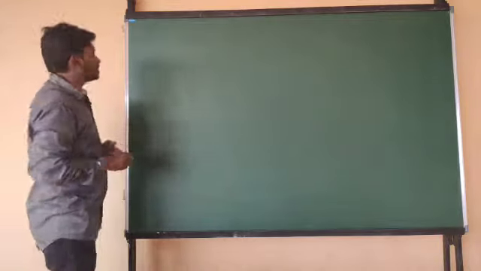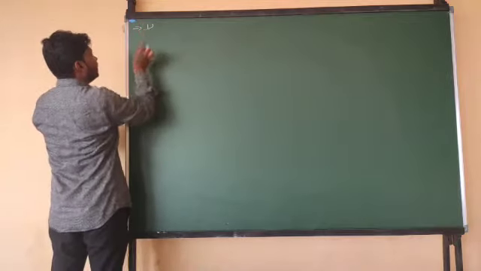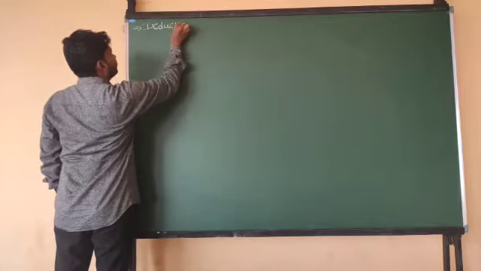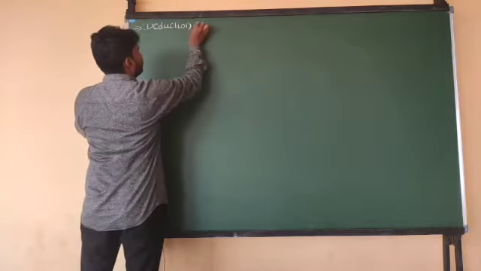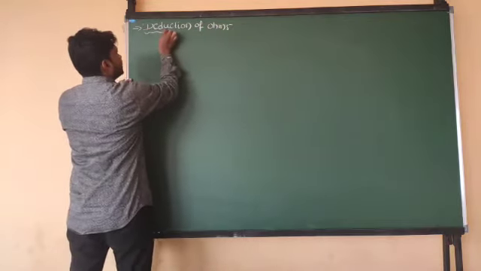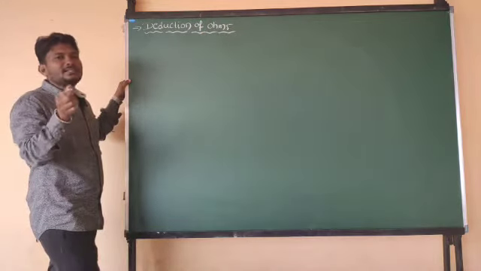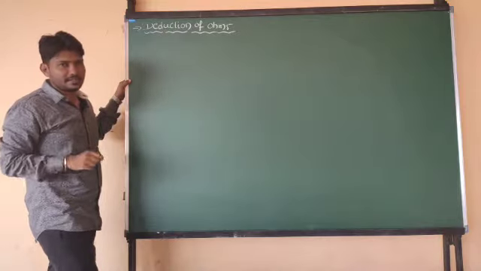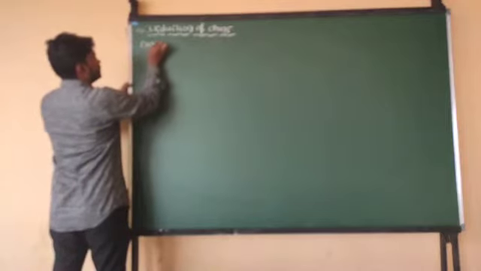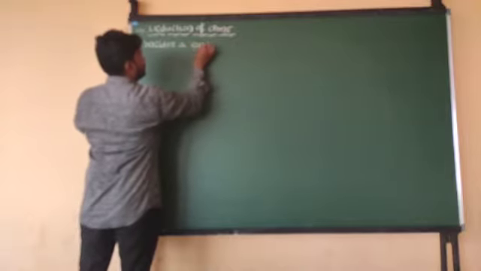So let me deduce Ohm's law here. Deduction of Ohm's law. Now we will derive the expression for resistance, that is, what factors the constant term involves. For that purpose, I will consider one conductor here. Consider a conductor.